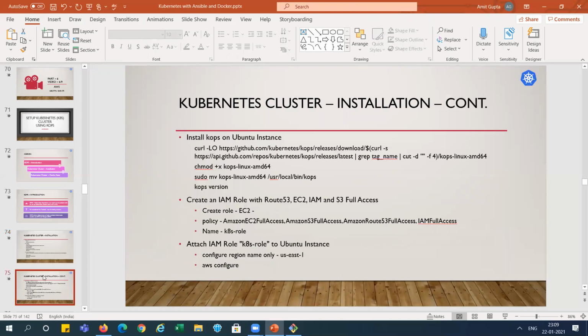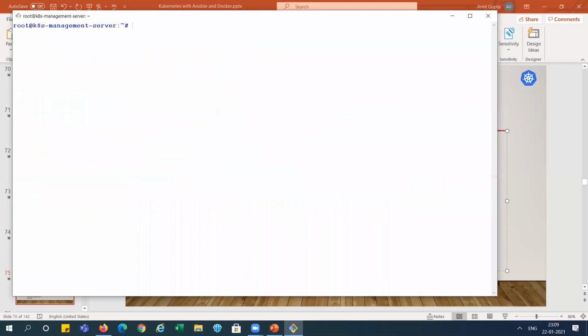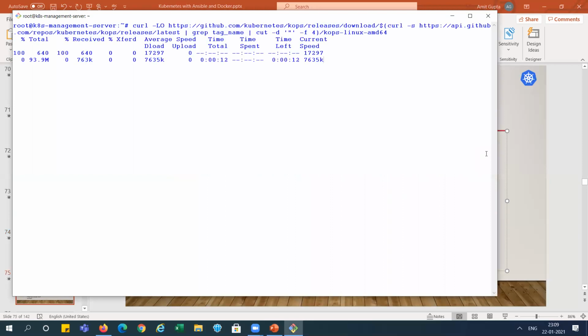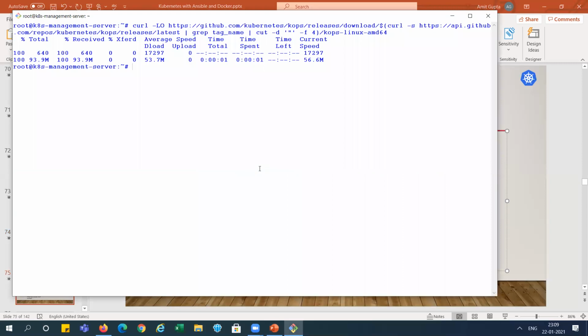Now in the next slide, we need to install the kops tool. So you can see here currently we don't have kops installed here. See here, nothing is there, right? So we need to install it. See here, it is kops.